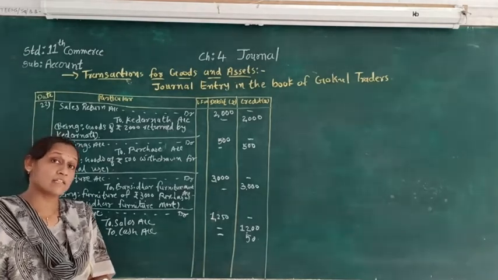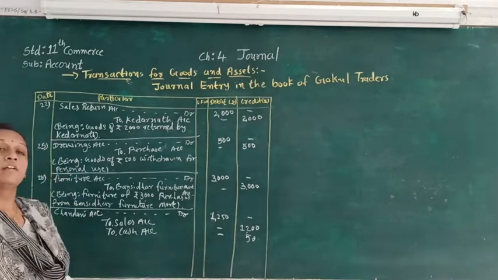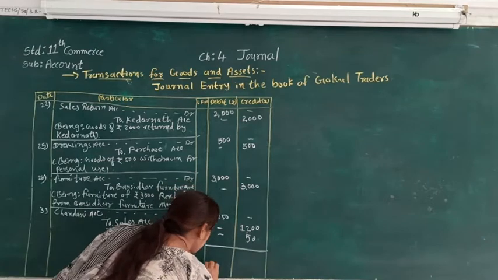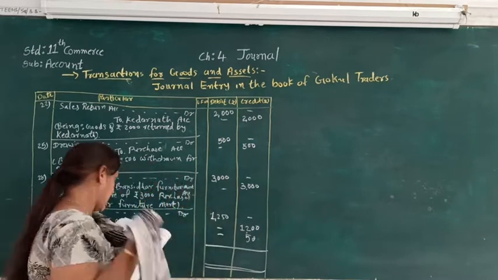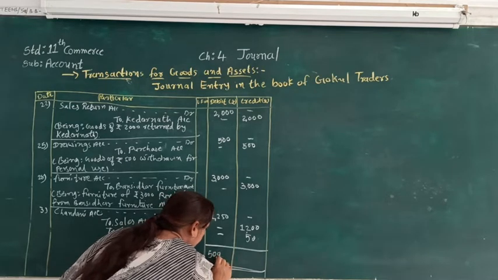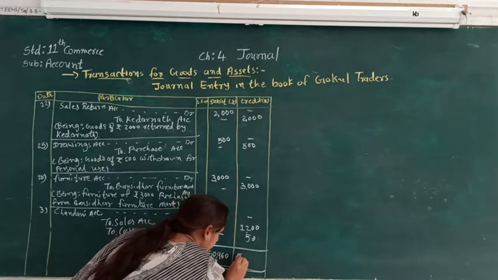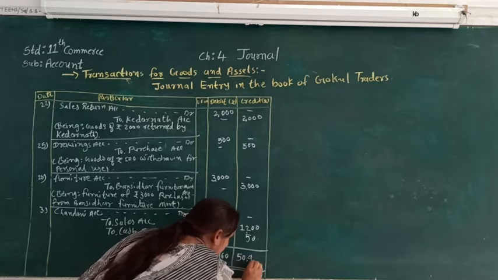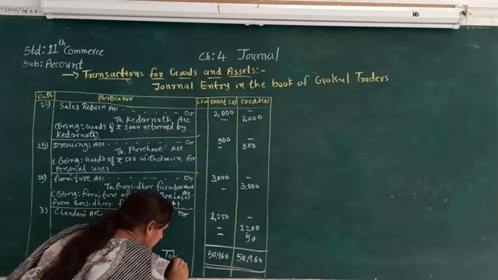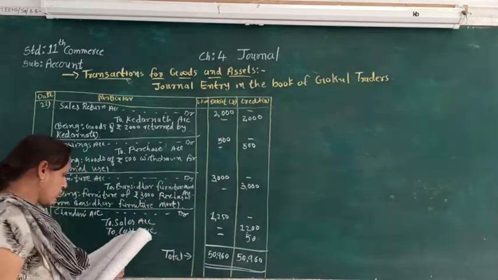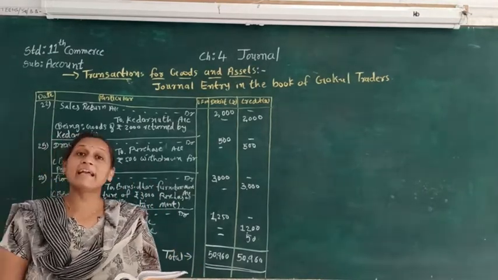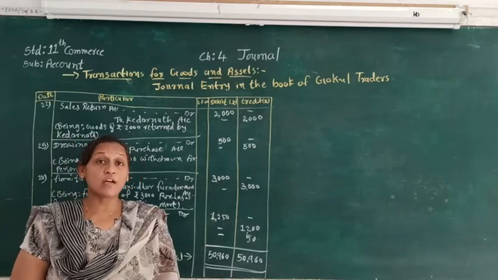Now after finishing this, we have to make the total of the journal. So here the total is 50,960. So students, you may note down this in your notebook,